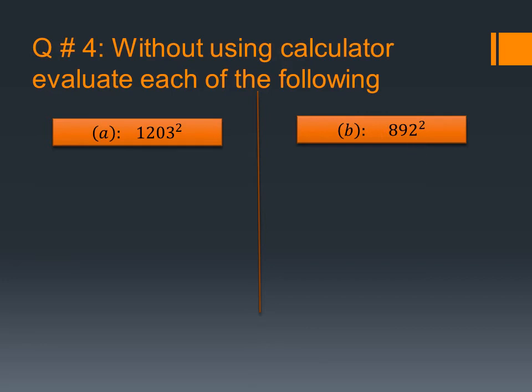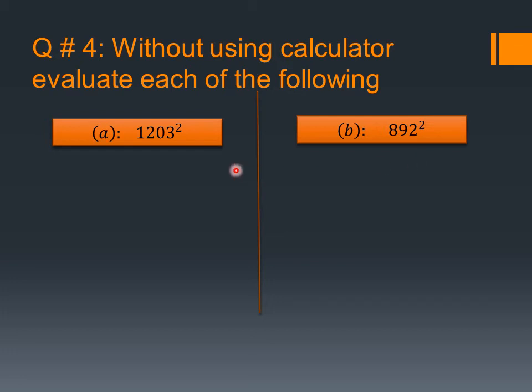Now if we see, to apply the perfect square identity or the difference of squares identity, we must have two things, which are a and b, then we apply the formula. But here we don't have the two things, we just have 1203 and 892, which are single numbers. But yes, we are having the squares but not two terms. a and b are not identifiable here.